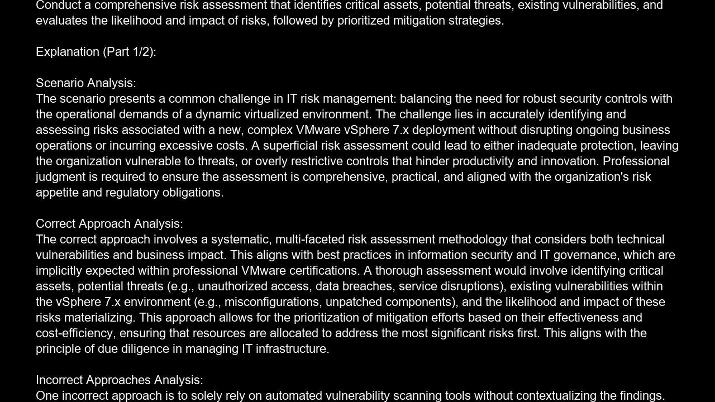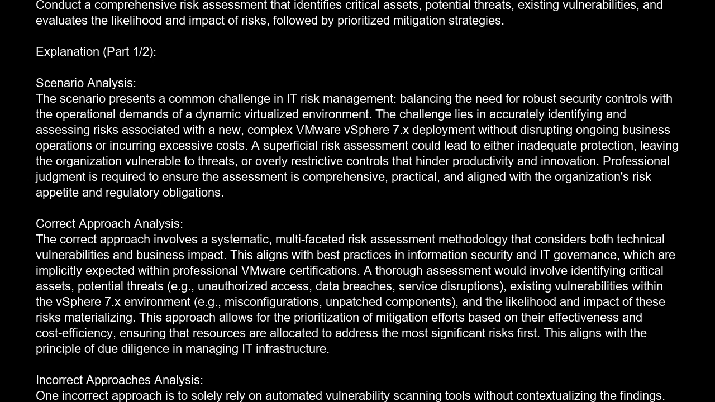A superficial risk assessment could lead to either inadequate protection, leaving the organization vulnerable to threats, or overly restrictive controls that hinder productivity and innovation. Professional judgment is required to ensure the assessment is comprehensive, practical, and aligned with the organization's risk appetite and regulatory obligations. Correct approach analysis. The correct approach involves a systematic, multifaceted risk assessment methodology that considers both technical vulnerabilities and